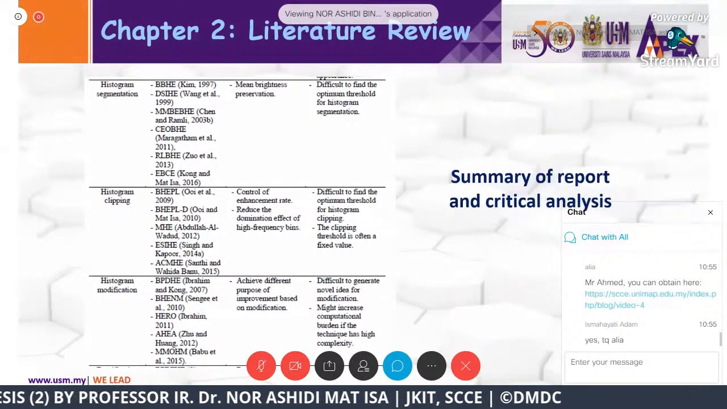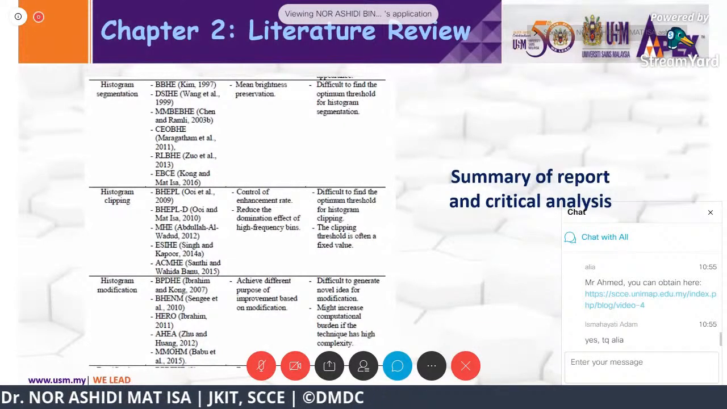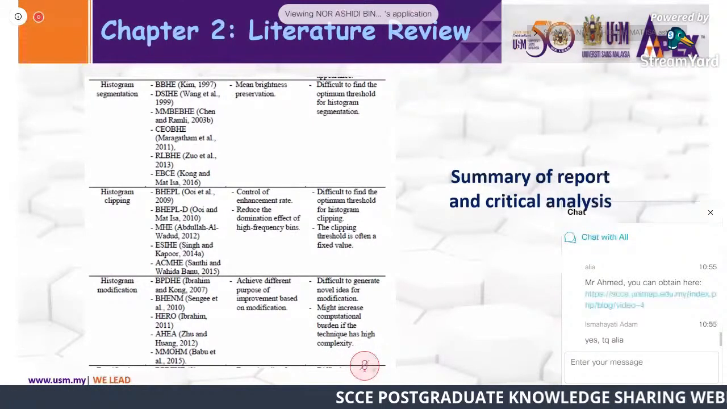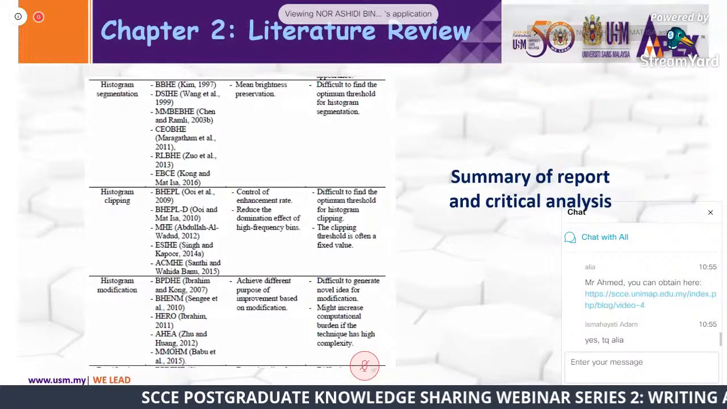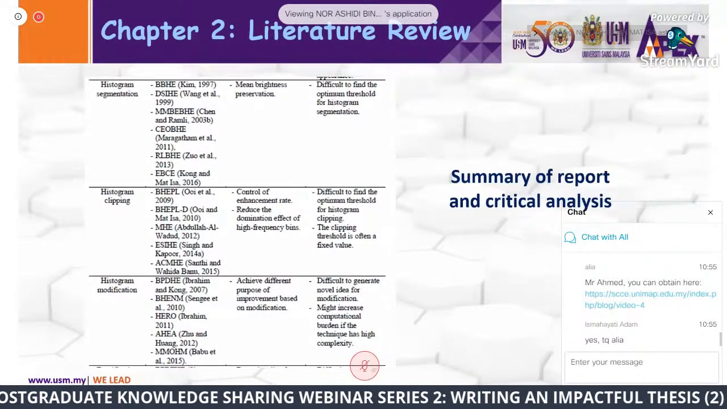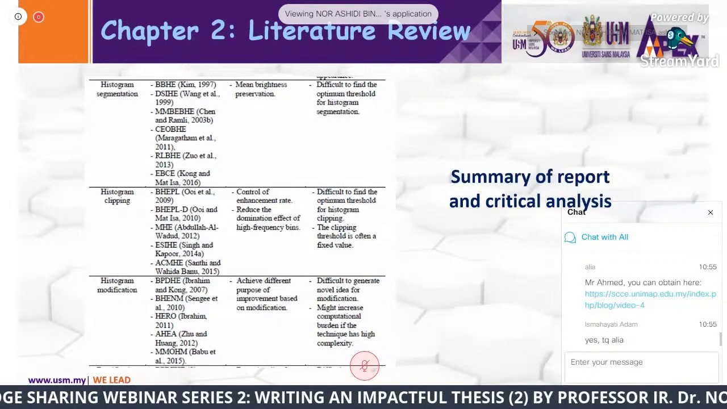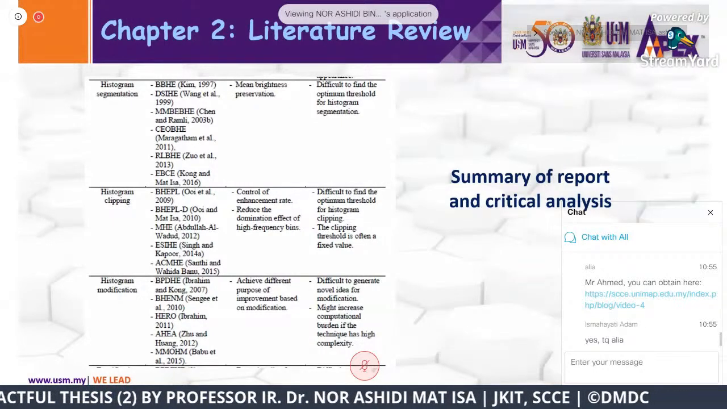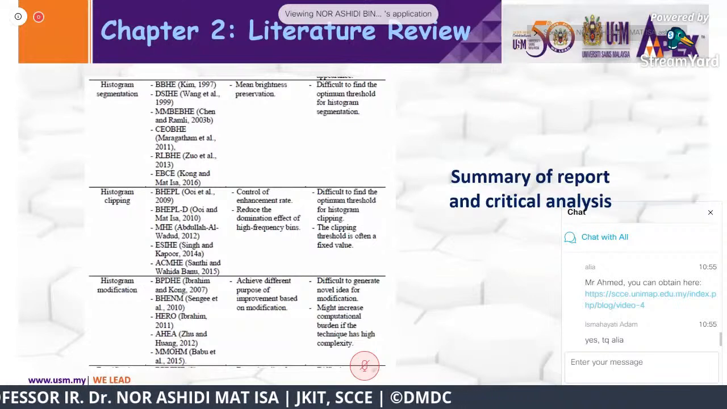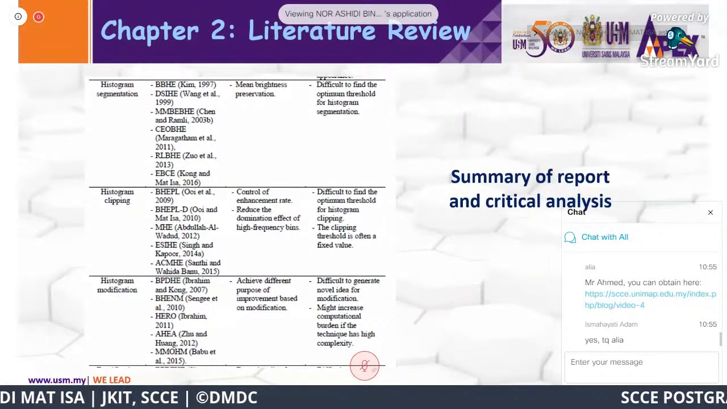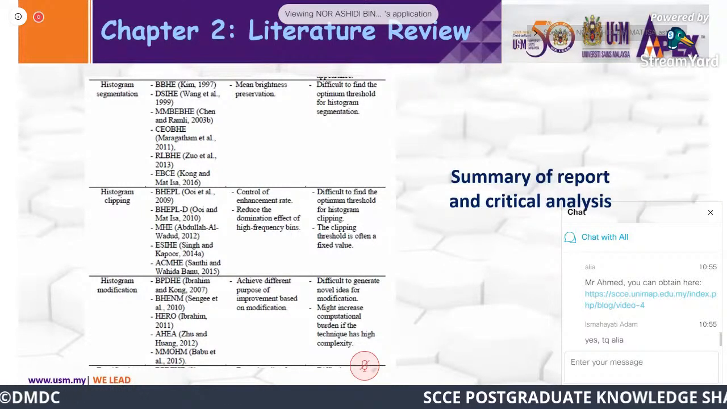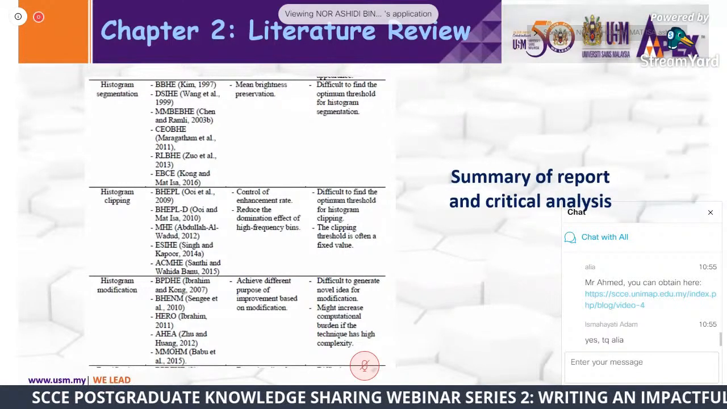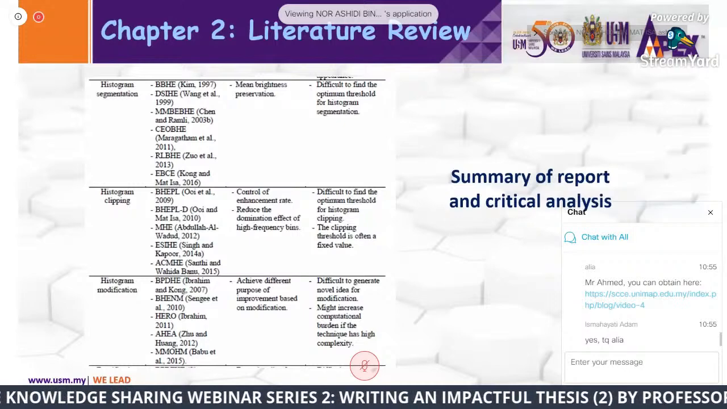You don't want your research to be stopped here. You want your research to be improved or further explored by other researchers. It's not only by you, it's also by other researchers. So if you are able to highlight both advantages and limitations of your work, this is actually a very good researcher. I always advise my students, because in chapter 5 you will have conclusion